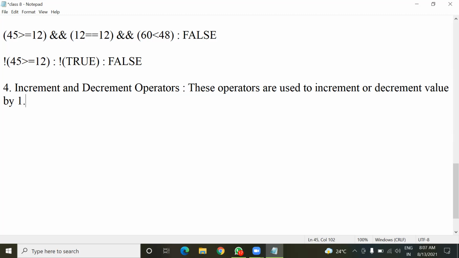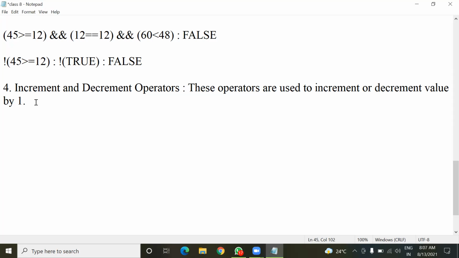Now, what is the meaning here of increment or decrement by 1? Sir, it increases the value by 1 or decreases the value by 1.